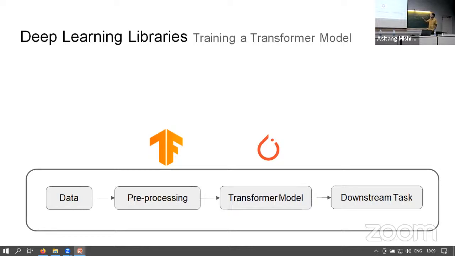So we talked about TensorFlow, Keras, and PyTorch. But when you're doing foundation model training, pre-training, fine-tuning, or any downstream task learning, a lot of steps are involved. You have to find the data. You have to do a lot of types of pre-processing like tokenization, masking, and so on. In a paper, they define all these smaller steps that they have done, sometimes even in the glossary or appendix. They are very involved, minute processes, so if you want to implement it,